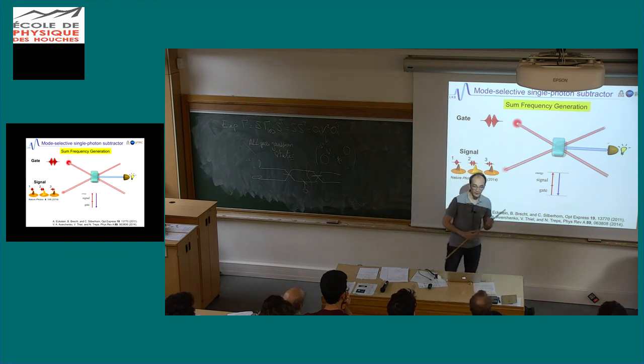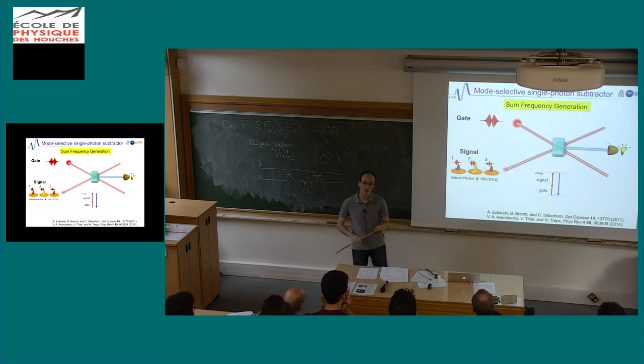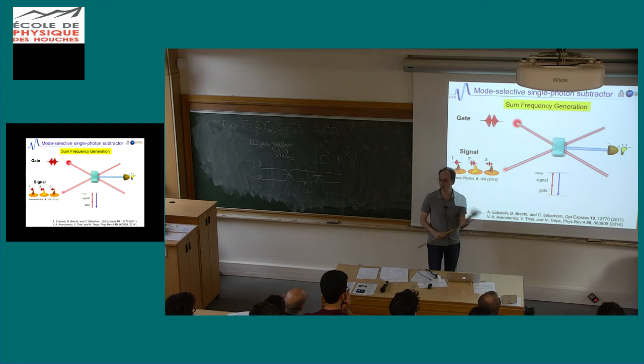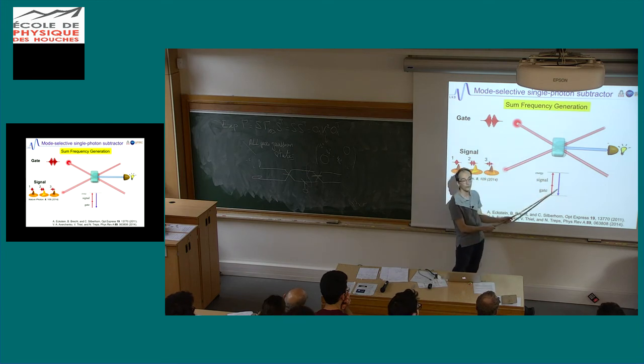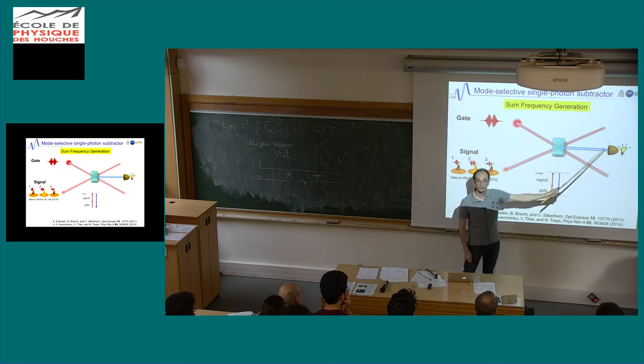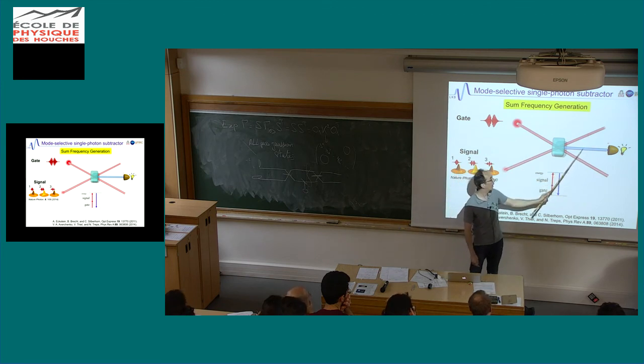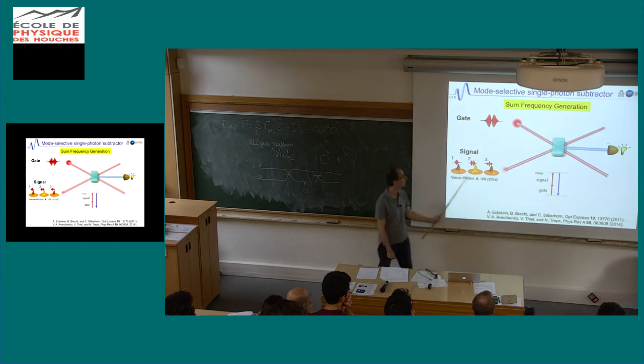So in fact, what we do here is that we use, and I didn't put the equations, I just try to explain by hand, sum frequency generation. Sum frequency is the opposite of parametric down conversion. So I take my squeezed light here, which is at 800 nanometers. I take a gate beam, I will come back to that, which is the same frequency. I've got a crystal here, and I will take one photon from here and one photon from here. We'll give a blue photon here that will go in that direction for phase matching reasons. Okay? So if I do it with a weak interaction, I will have at most one photon here. And if I detect a photon here, I know I have removed a photon from this thing here.